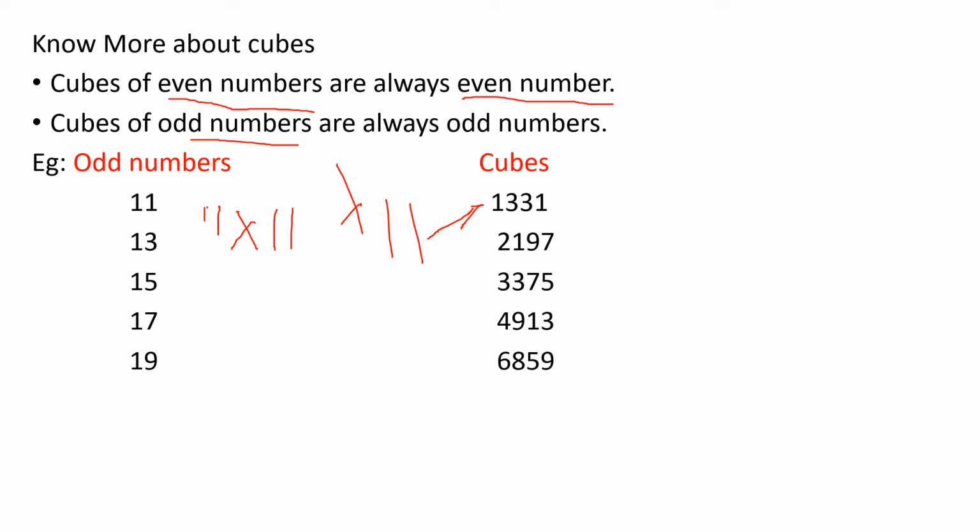The number ends in 1, odd; 7, odd; 5, odd; 3, odd; 9, odd. So it is easy. This is how we will find out the odd numbers, right? When you multiply odd numbers, you'll get odd numbers. When you multiply even numbers, you'll get even numbers. Cubes of even numbers are always even numbers, and cubes of odd numbers are always odd numbers. If you want, you can check it for a few odd numbers and even numbers. You can keep these points in your mind when you do the calculation part. Maybe we can apply it there and find out the answers easily.